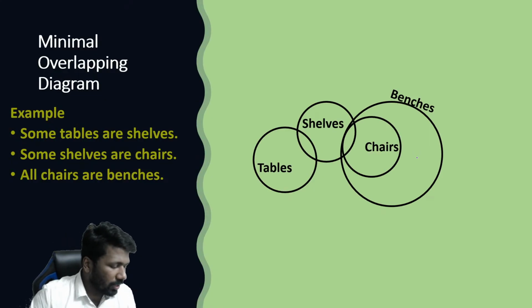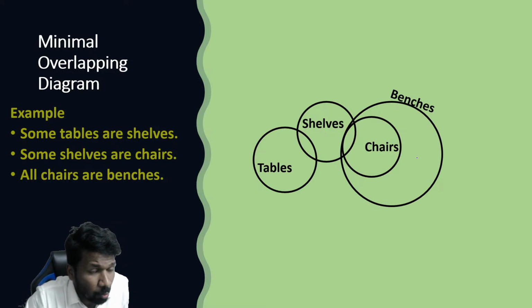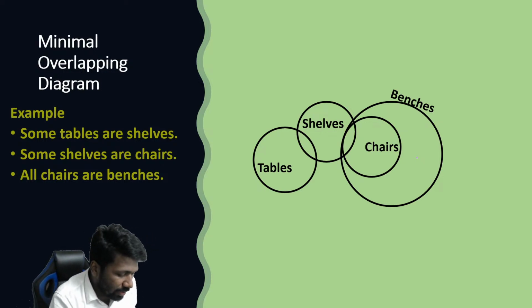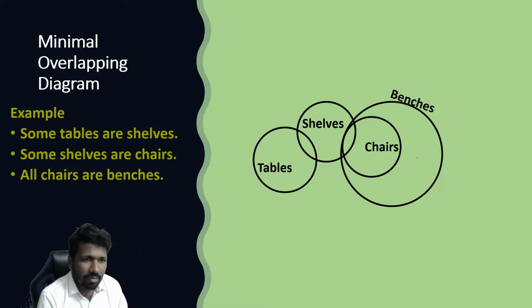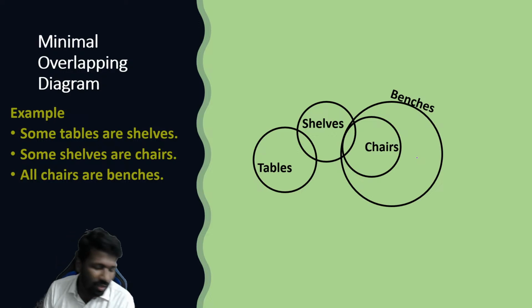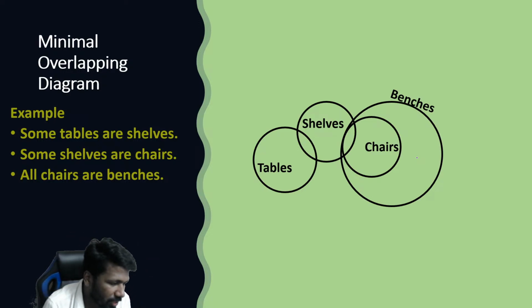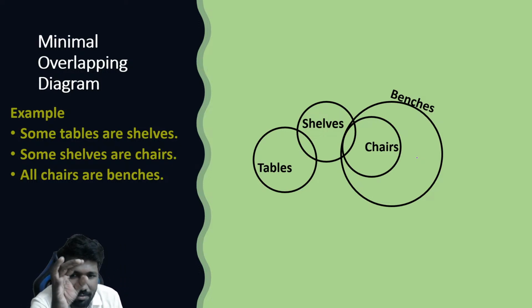Okay, now the most important thing in this chapter is you should know how to draw a minimal overlapping diagram. If you understand this, you are half done with most of the questions, we can say. Then it is all about understanding which are the premises and solving it. But the minimal overlapping diagram is a very basic thing you should know. What is a minimal overlapping diagram? Listen to those words. Minimal, that means minimum overlapping. That kind of diagram we have to draw. Overlapping means intersection.